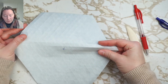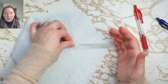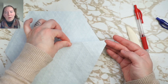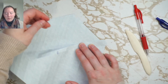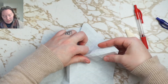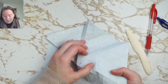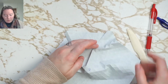So we're going to start with an open hexagon twist. This is still going to be a right-handed twist, even though we're folding on the B side. So our mountain fold is going to come one spacing above the right-handed corner, and the valley will be one spacing above that. This pleat will go in towards the center, but it will not cross the center because we need that space to put in the rest of our pleats exactly the same as the first one,